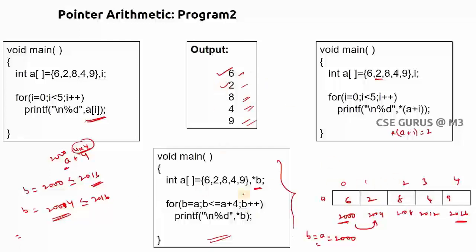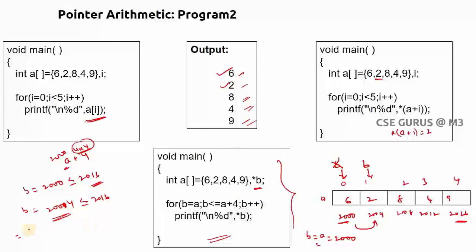So what is the value inside 2004? 2. So again pointer b means that. And one more thing you need to observe, I am not writing pointer of b plus 1. Here it is b plus plus. That means previously b position is here. Now b plus plus means the position will be changed. Now the position of b is here. That is the difference between b plus 1 and b plus plus. Now here even if you take pointer b means the location is changed. So what is the value inside? 2. So that will be printed.